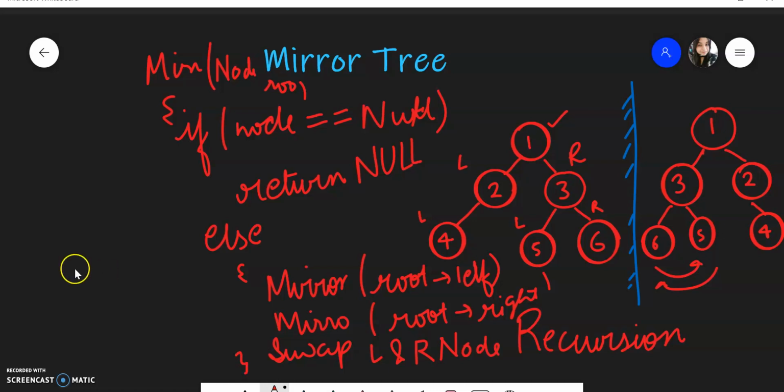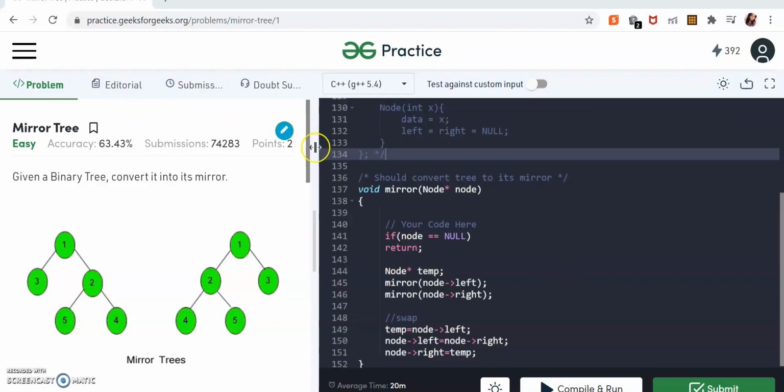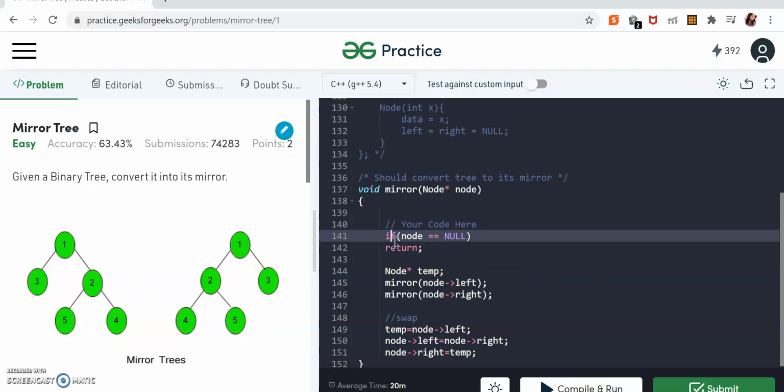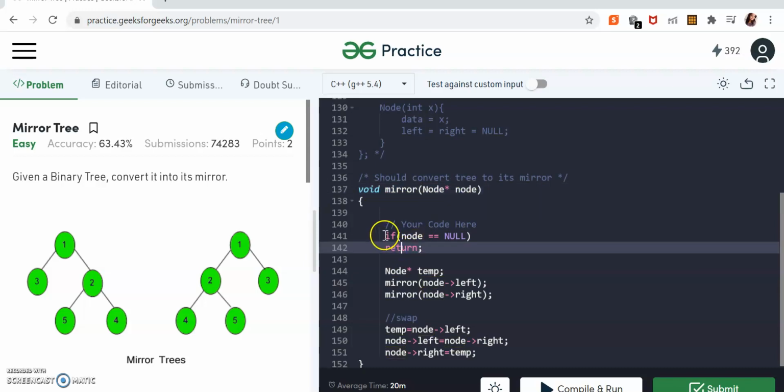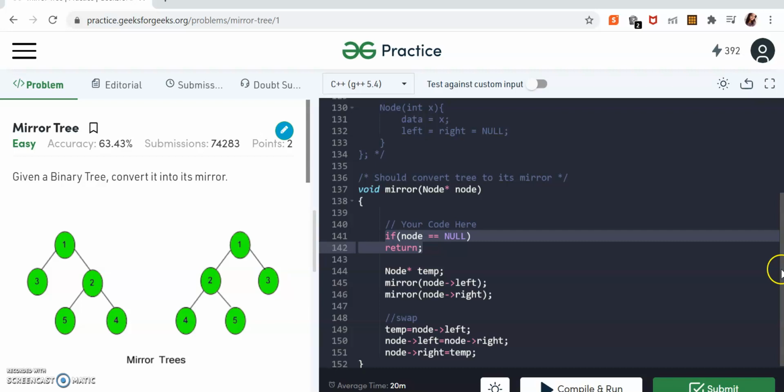Now let's just see a code snippet for more clarity. Okay, so here is a Geeks for Geeks prompt. As you can see that we have to convert a tree into a mirror tree. So the same algorithm or the pseudo code that we talked about, this is a function where you're passing the node or the root basically. So if the root is equal to null, we'll just return. Okay, so this function doesn't return anything. In our example, we were returning the root. So as you're changing the tree, it doesn't even matter if you're returning the root or not.